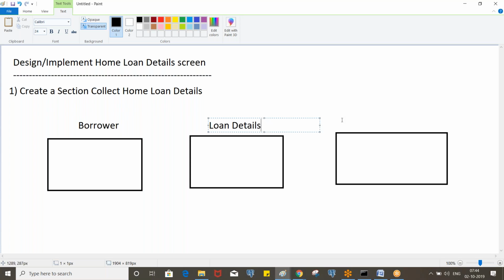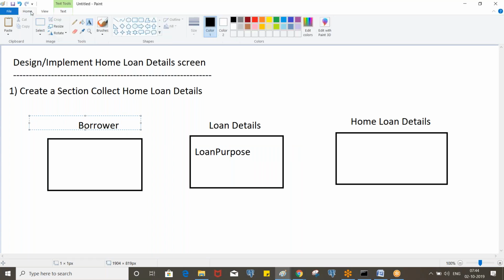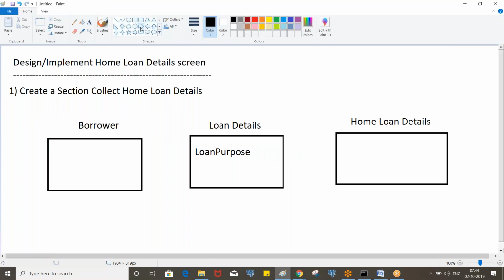So we have a loan purpose property in the loan details screen, correct? The values are purchase and refinance, those are drop down values. And how many flow actions do we have? It will be 3 flow actions, right? Let's say this is one flow action, and here we'll have one more flow action. That we will create now.